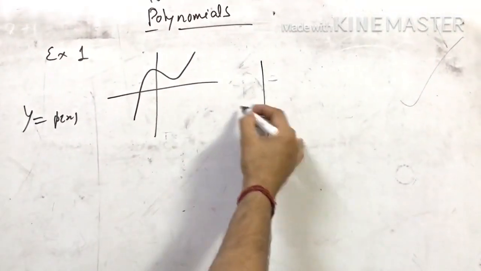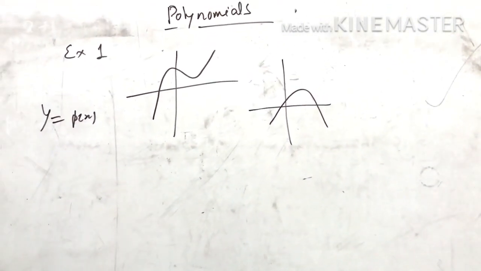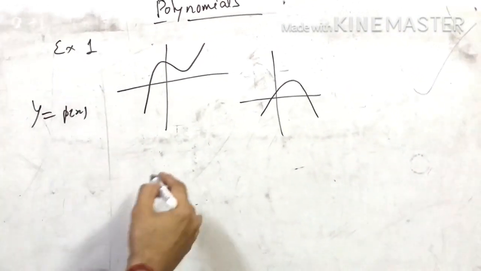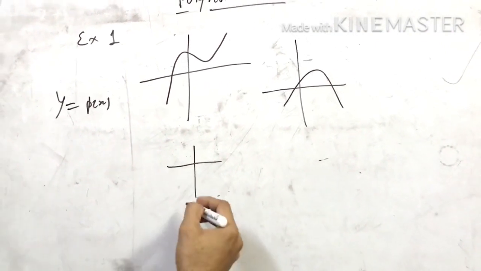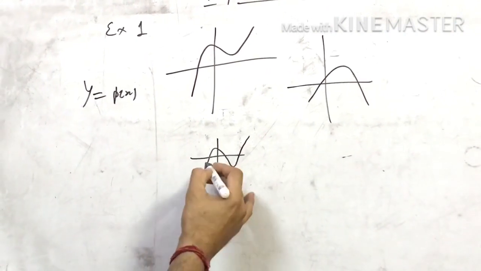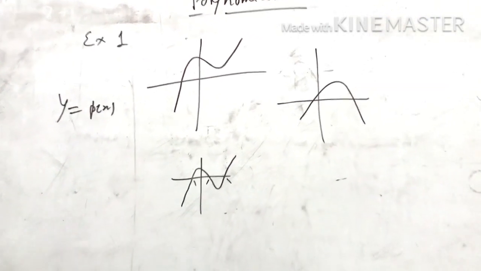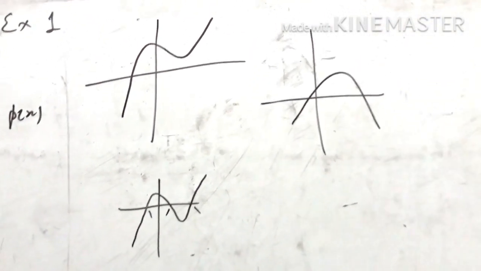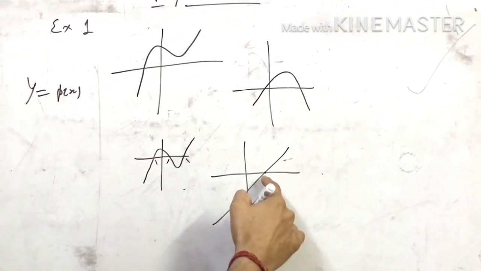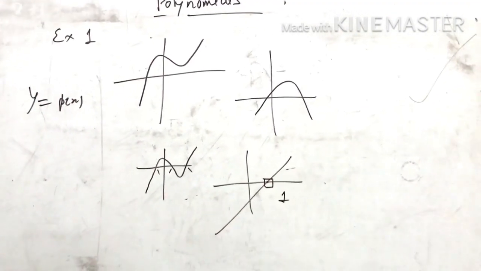After that you have another example. So you can see here there are 2 points where it is meeting the x-axis. So number of zeros will be 2. In third, you can see here it is touching here, here, here. So there will be 3 zeros. In this way you can find out in other diagrams also. So one more diagram is here. So here it is touching the x-axis, here it is touching the y-axis, but we are concerned with the x-axis. So number of zeros will be 1.